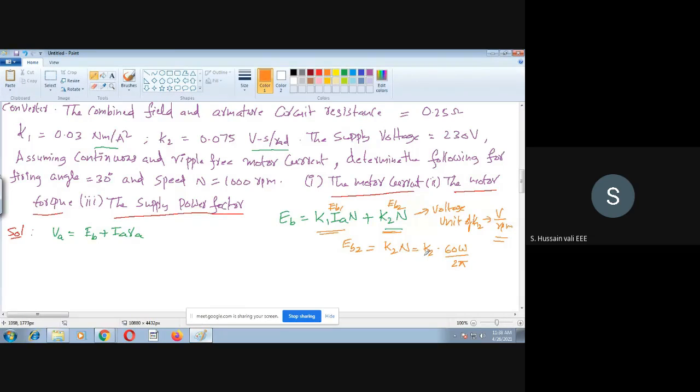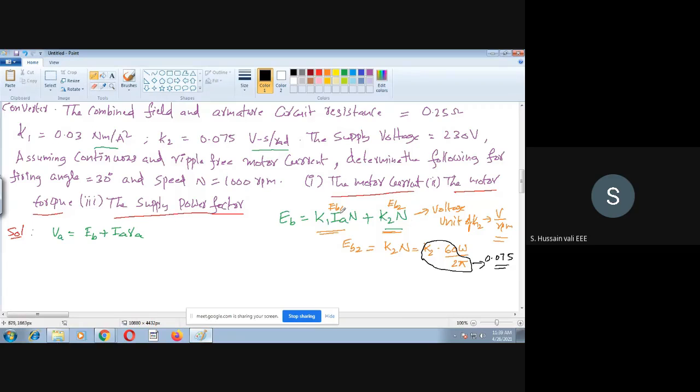Now in the question he has given this whole thing, because it is now in terms of omega. So voltage by omega, that is, voltage per radian per second. This K2 into 60 by 2 pi, he has given in the problem as 0.075. That's important. This is how we find the constant values, because it depends on the unit. You should not take it directly, or you may get confused. So always see whether the units are the same or not. If the units are not the same, then you have to convert.